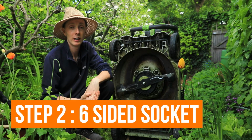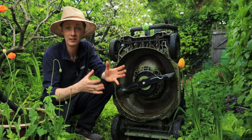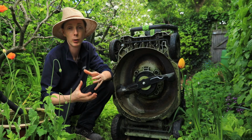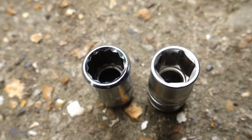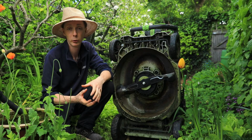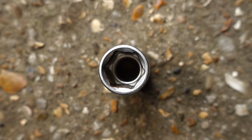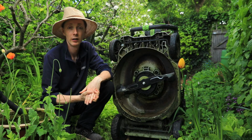Step 2 is to try a 6-sided socket. Now we've dealt with the issue of whatever's seizing that bolt and lubricated it, we can move on to trying to grip the bolt itself more effectively. The standard 12-sided sockets are great, and usually they provide enough grip. When the bolt is seized, you need as much grip as possible, and that's where a 6-sided socket comes in. Obviously the bolt is 6-sided and the socket is now 6-sided, so you have much more contact area, therefore much